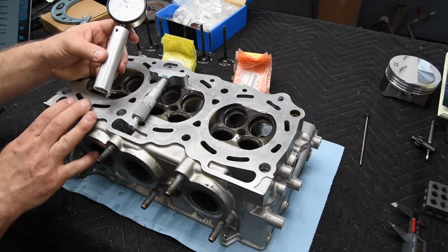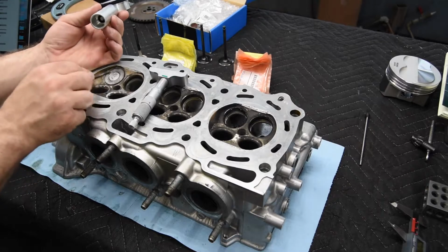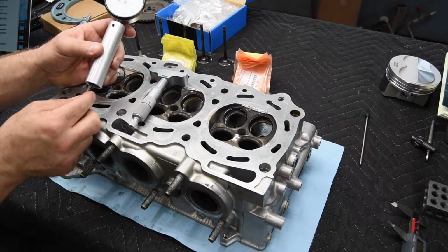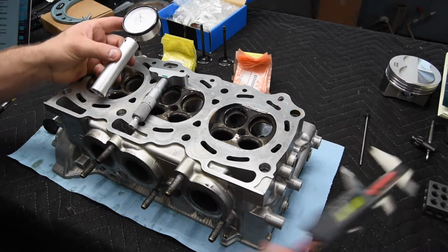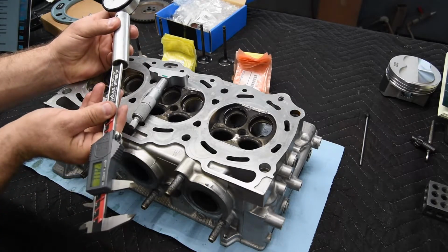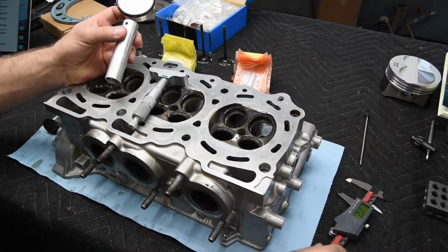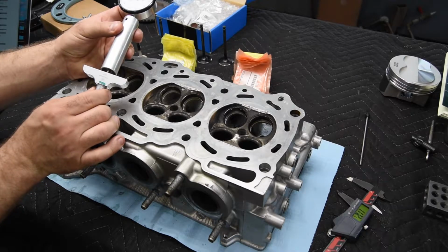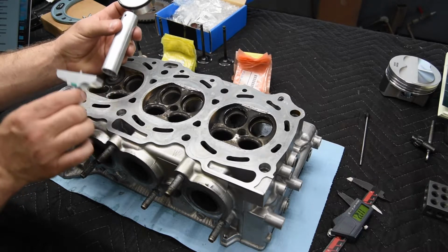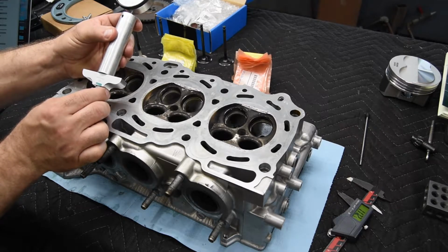So when I put this from the top of the cylinder head down, once the valve is seated inside the cylinder head, it'll go up and push that dial indicator to whatever reading it is. I could use a pair of calipers, like a dial caliper, to measure whatever that height is. I just recreate it, and whatever comes up on there and comes up on this is the height I want. But I do like to use this method here because the tube here that sits down on the spring seat